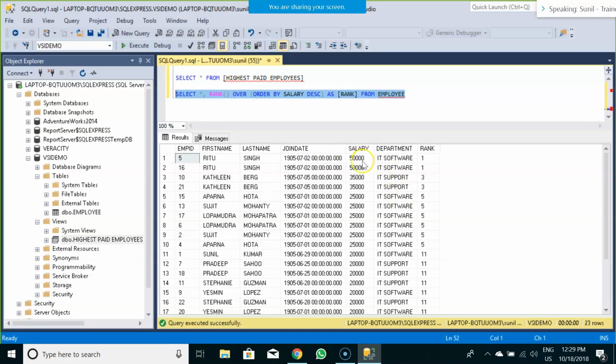If you see this salary column, you could see the salary is displayed in descending order, which our query is supposed to do.